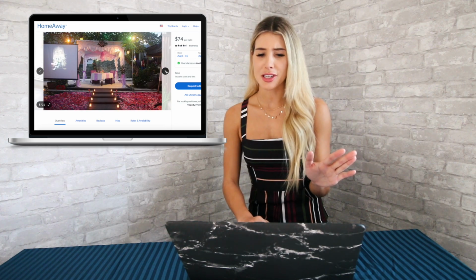So you have a private pool. The bathroom on this one doesn't look like the cutest, but that looks romantic, doesn't it? And obviously the more money you spend, the more swanky of a villa you're going to be getting. This obviously is on the lower end of villas because it's under $100, but if you're willing to spend $100